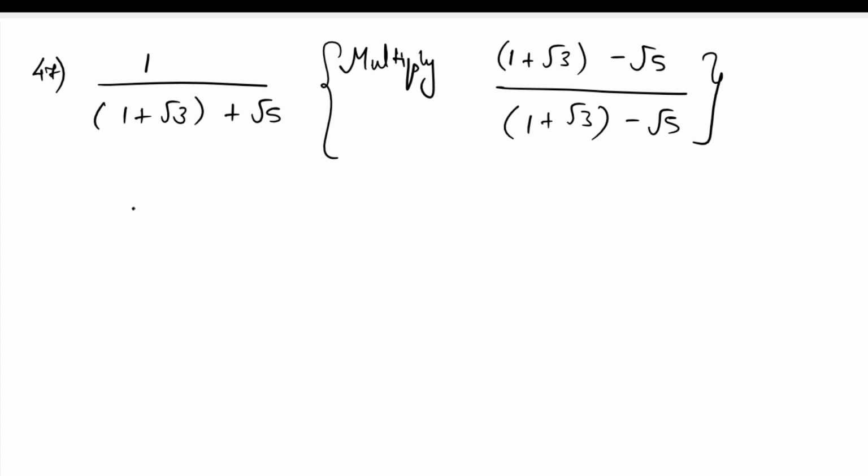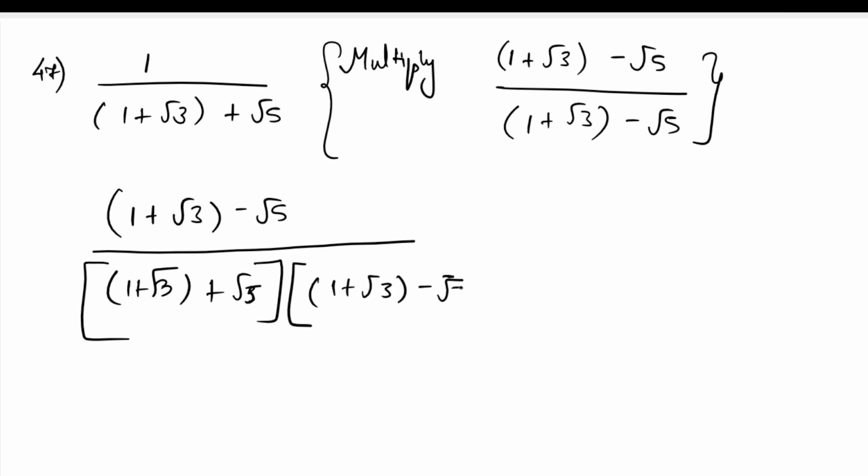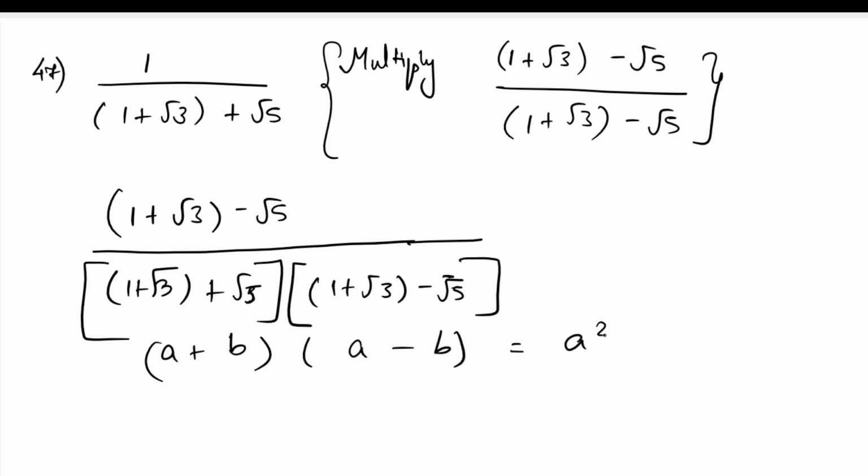So if we multiply, we get in the numerator 1 plus root 3 minus root 5, and in the denominator we get 1 plus root 3 plus root 5 into 1 plus root 3 minus root 5. Now the denominator is in the form a plus b into a minus b, which is equal to a square minus b square. So applying that formula in the denominator, we get,